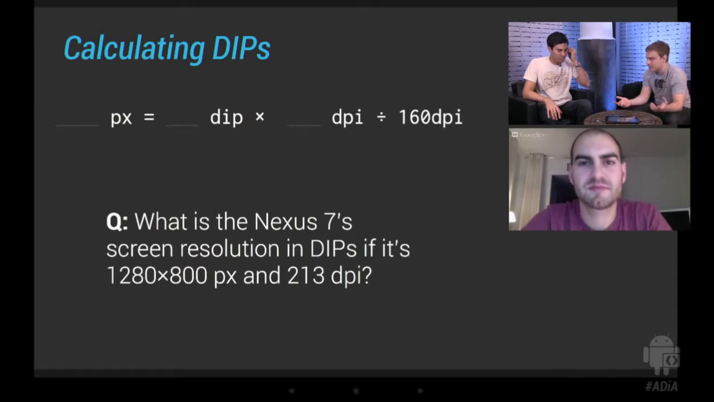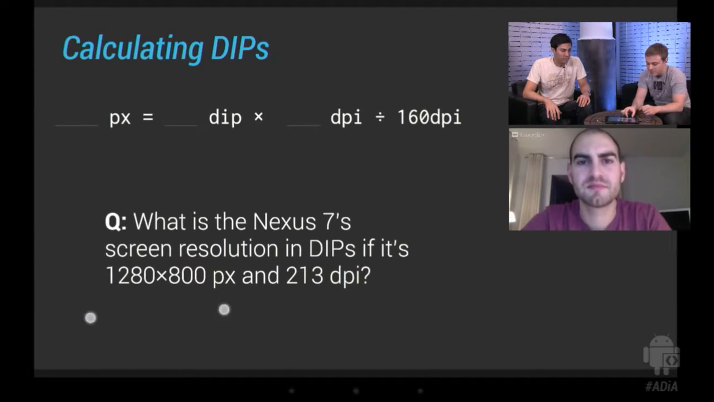It's actually the same as the Motorola Zoom's screen resolution, 1280 by 800, and very similar to the Galaxy Nexus and the Nexus 4's screen resolution, 1280 by 768, 720. But its dip resolution is very different. So if you plug in these values, the fact that the Nexus 7 is 213 DPI and 1280 by 800,